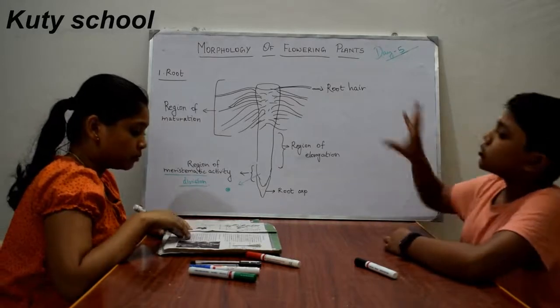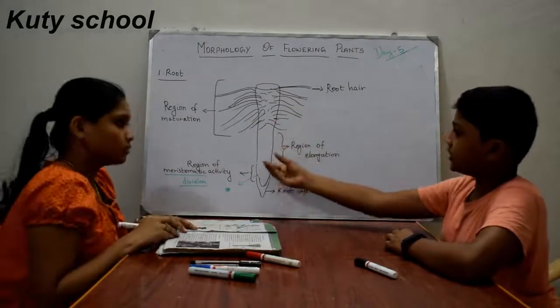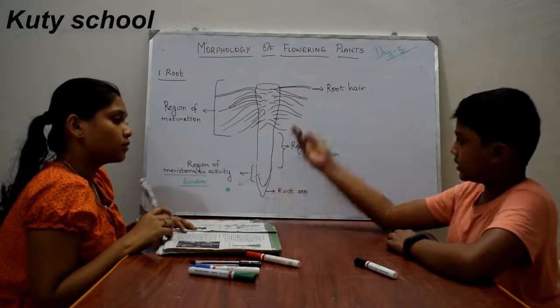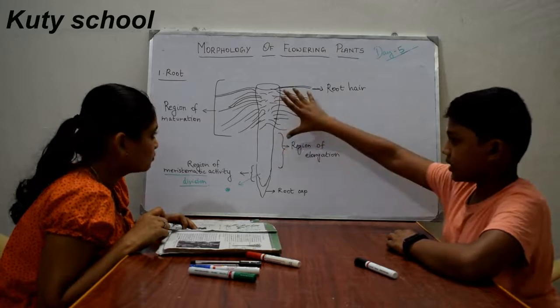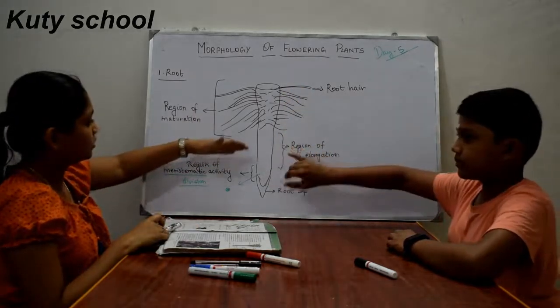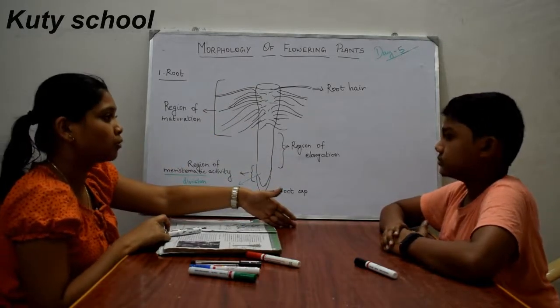So that is responsible, so it should continue. It comes when it penetrates, and here it will come again and another will go. Another elongation will happen down. Now it is here. After it grows, the primary root will develop here, and the region of elongation directly shifts down to the root side.